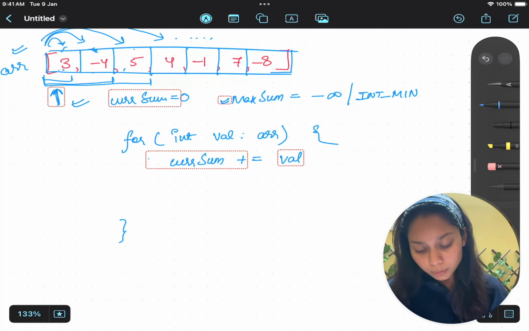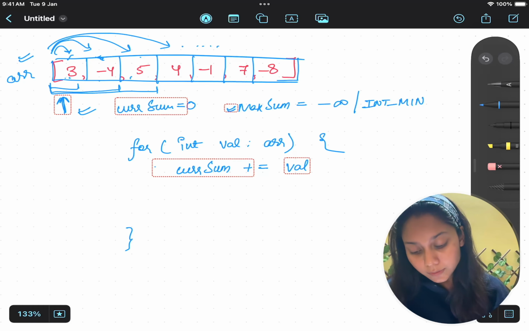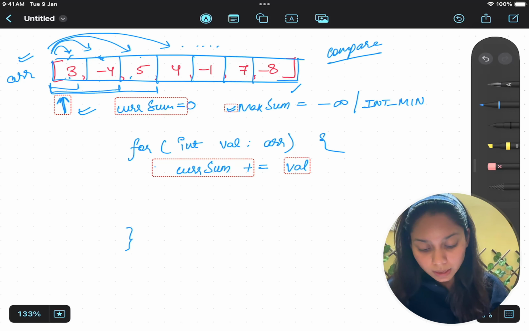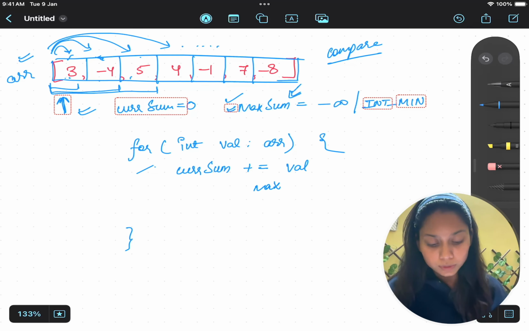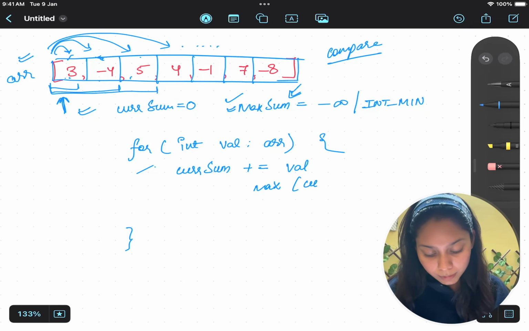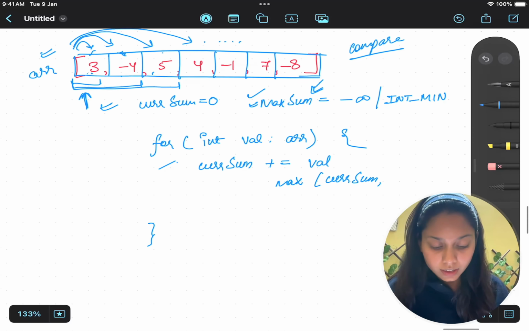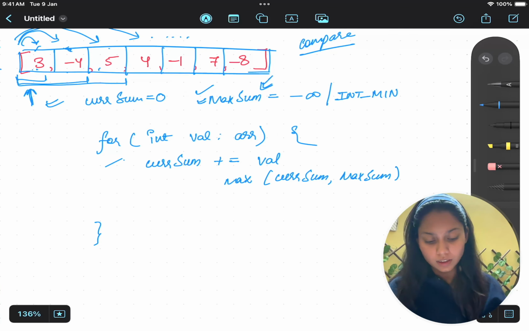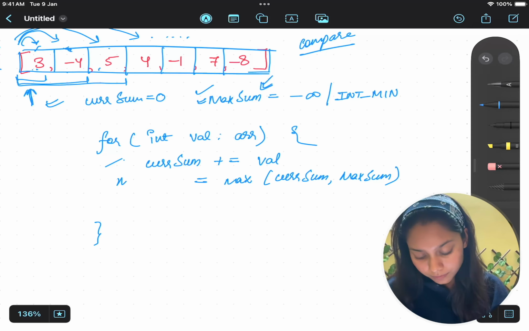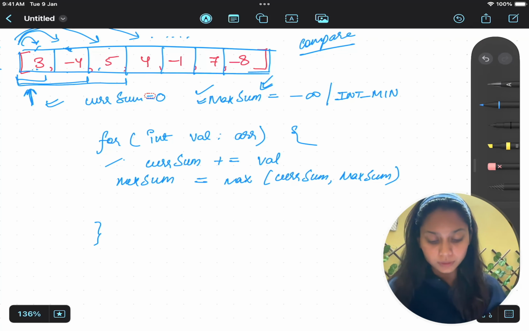Then what we're supposed to do is, once we get the value of current sum, we will compare with maximum sum whether our current sum value is larger or our maximum sum value is larger. So we are going to use the max function to compare between current sum and our max sum,